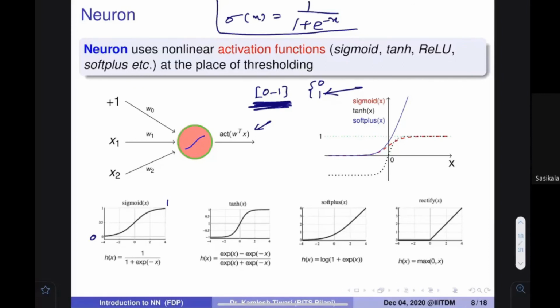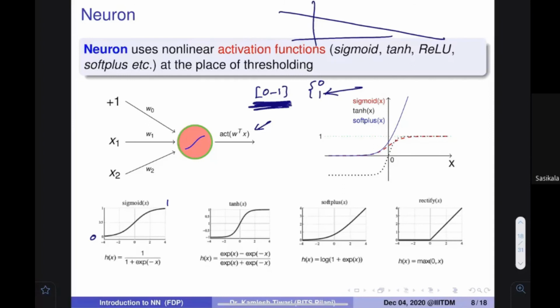So Jasila is asking a question. These functions are only for the binary classification. Let me tell you that from the very beginning we are talking about this classification thing, but actually the idea is that there is a line and the line separates two places. That's it. Whenever you are talking about binary classification or any kind of two-class classification problem, you focus on the line. Here also in our complete discussion we are focusing on the line, the equation of the line.